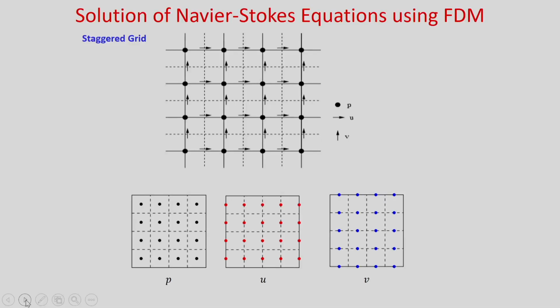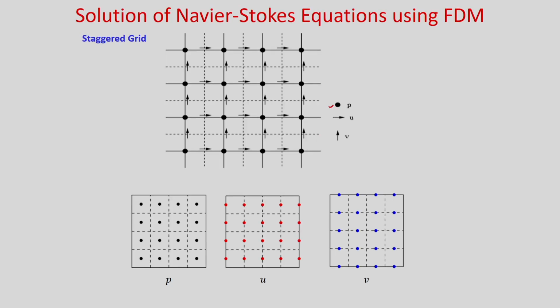So, now we discussed the staggered grid and non-staggered grid, what is pressure velocity decoupling, and we have also discussed the advantages and disadvantages of these different types of grids. Now, in the MAC algorithm we will use the staggered grid, where pressure will be at the main cell and velocities will be at the faces of this cell. So, this is the staggered grid, where this circular dot is pressure, the horizontal arrow is u and the vertical arrow is v.